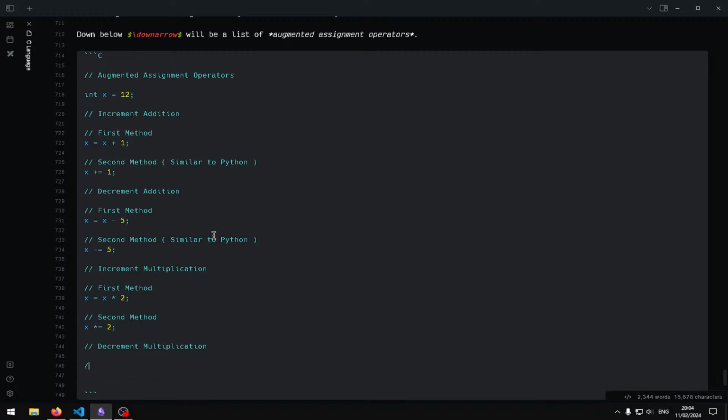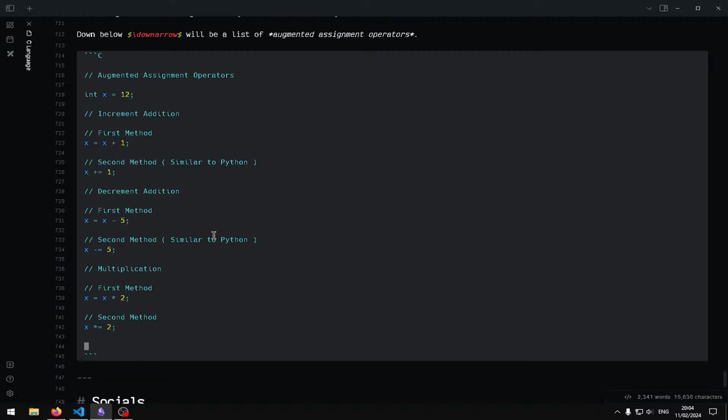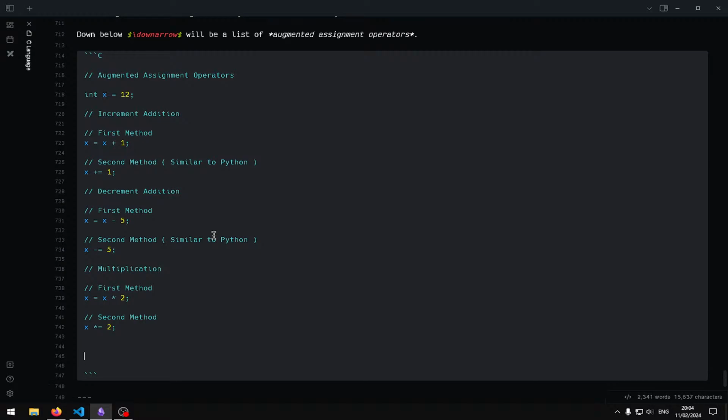So then again, there's no decrement multiplication. What am I saying? I'm just gonna write no VBB, delete this, and then multiplication, insert this goes right here, and then delete this. So okay, so now if I go for division,